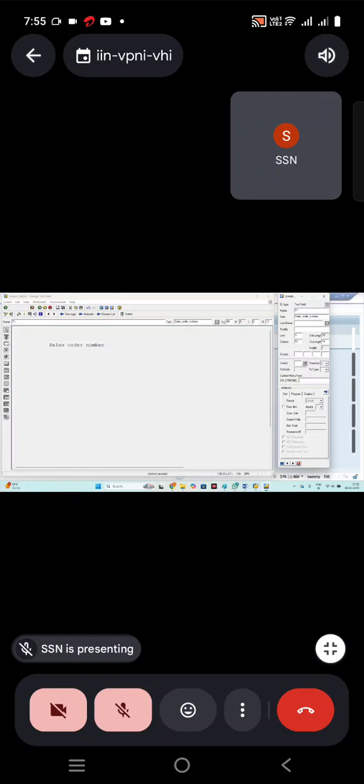Okay. And then for the input output field, the variable I'm taking is GV underscore VBELN. Then push buttons. PB1, display, FCT code DISP. And then PB2, which is clear, FCT code CLAR.